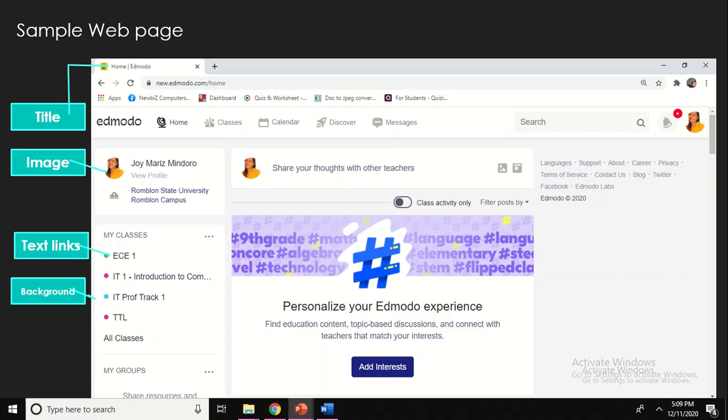So, karamihan naman siguro sa inyo ay meron nang Edmodo kasi diyan tayo nag-online midterm exam. Tama? And as you can see, merong mga parts yan. Lahat ng web page ay may parts. And these are the common parts na meron sa web page. Meron tayong title, image display, okay? So, andiyan yung picture, text links o mas kilala nyo bilang hyperlink,